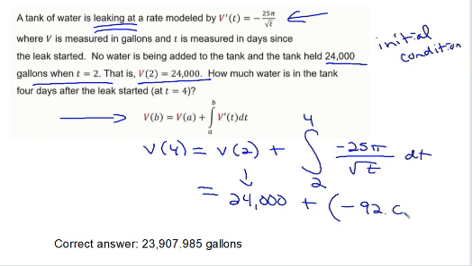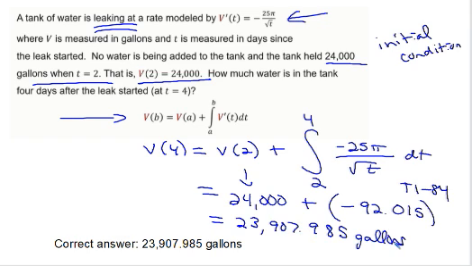negative 92.015, according to the TI-84. That would be math 9. And we get this correct answer of 23,907.985